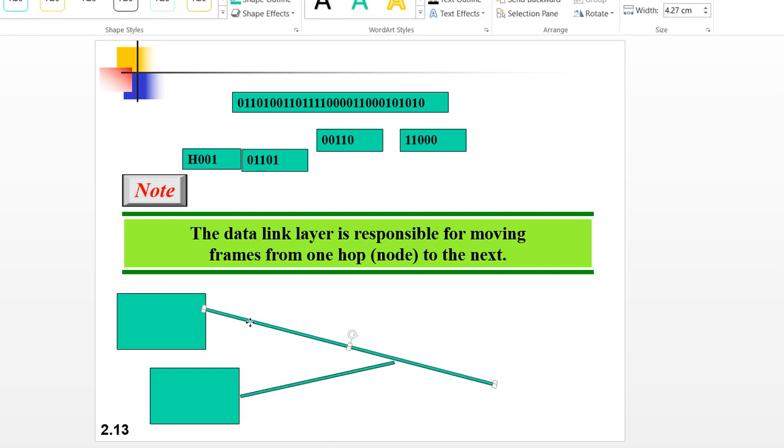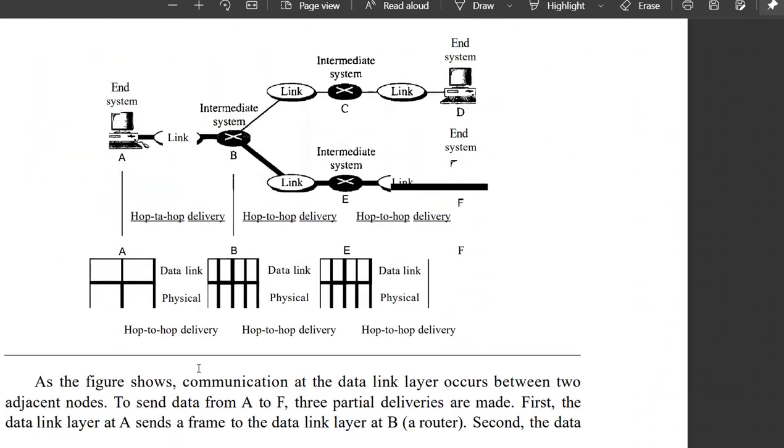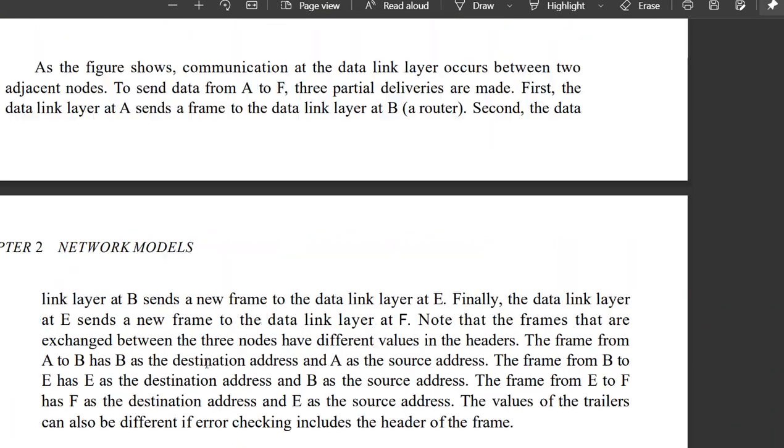For that particular time, this device has to take the access, and after it completes sending all the data frames to the receiver, then the other device has to take control over the link. This is decided by the data link layer. Fine, these are the responsibilities of the data link layer, and this is one example.